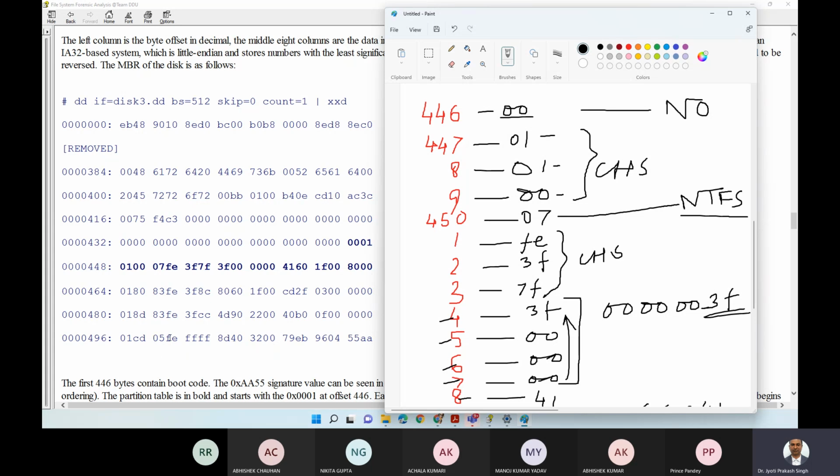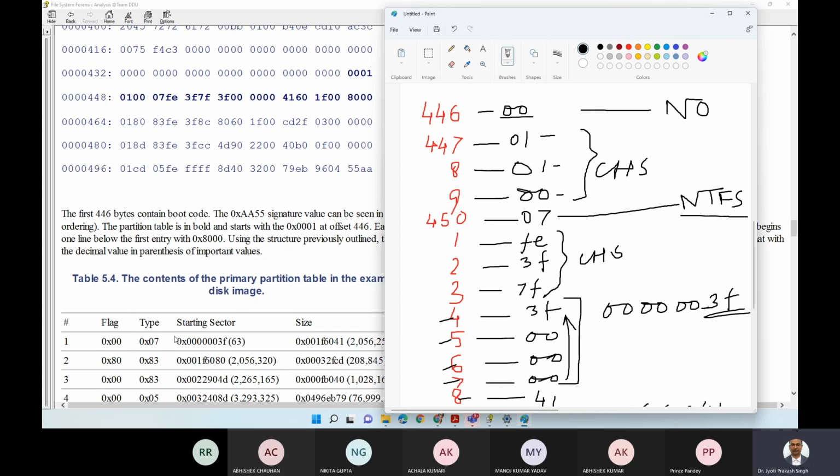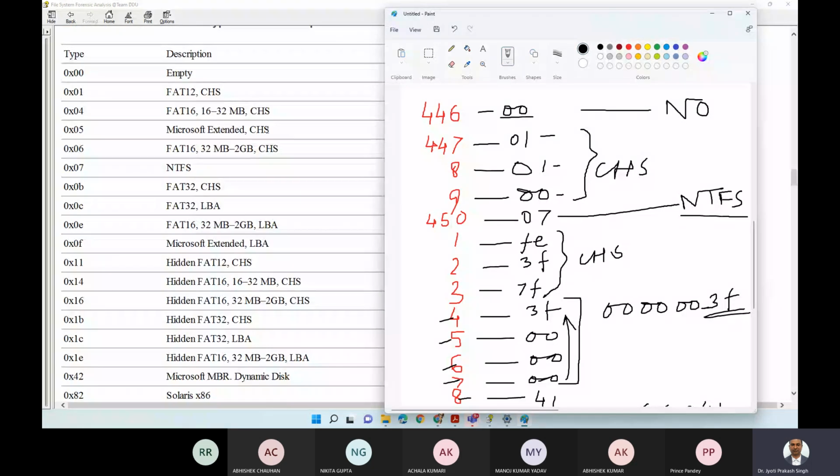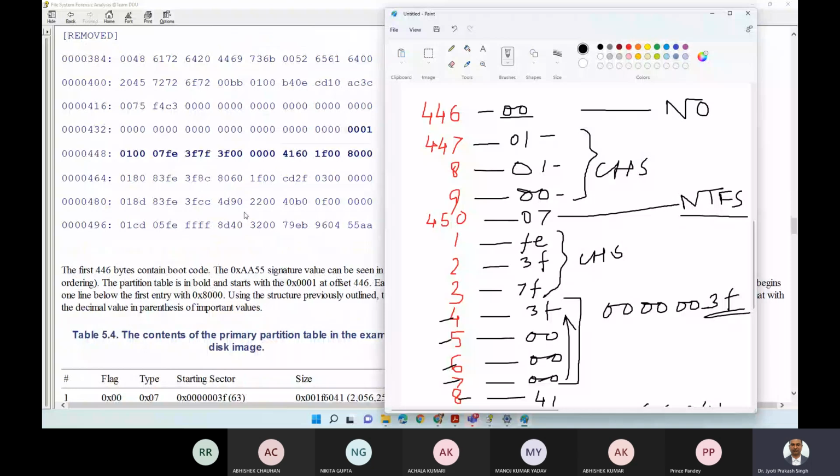फाइल सिस्टम है वो 05 है। तो 05 क्या होगा, तो यहाँ वो माइक्रोसॉफ्ट एक्सटेंडेड CHS है। सो माइक्रोसॉफ्ट एक्सटेंडेड पार्टीशन है और वो CHS यूज कर रहा है। तो इसका मतलब क्या होगा कि ये वाला पोर्शन भी हम पढ़ेंगे तब, और ये वाला भी पोर्शन पढ़ेंगे CHS एड्रेसिंग के लिए। वो एक छोटा पार्टीशन है जो ऑब्वियस है कि 8 GB से छोटा है।